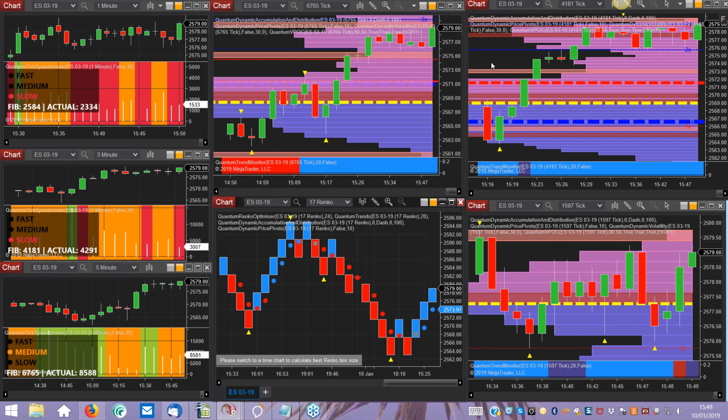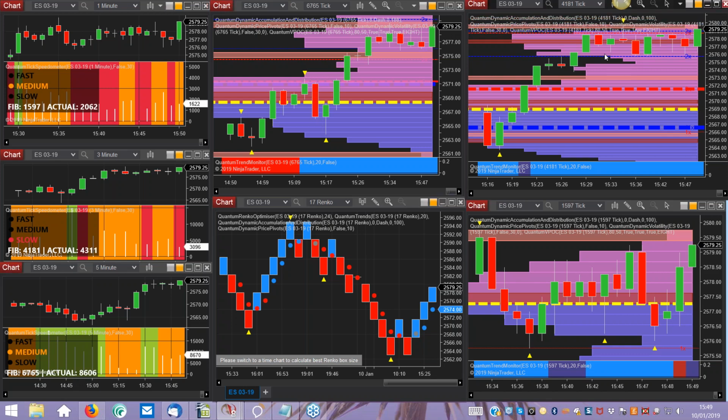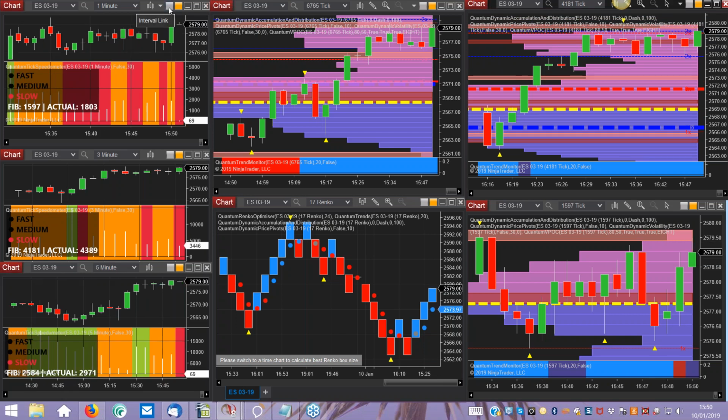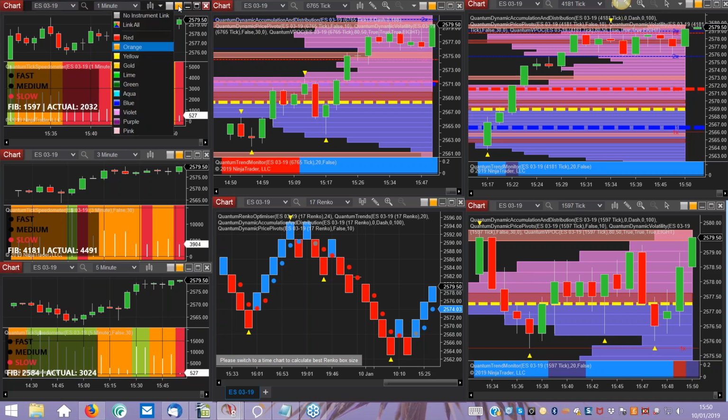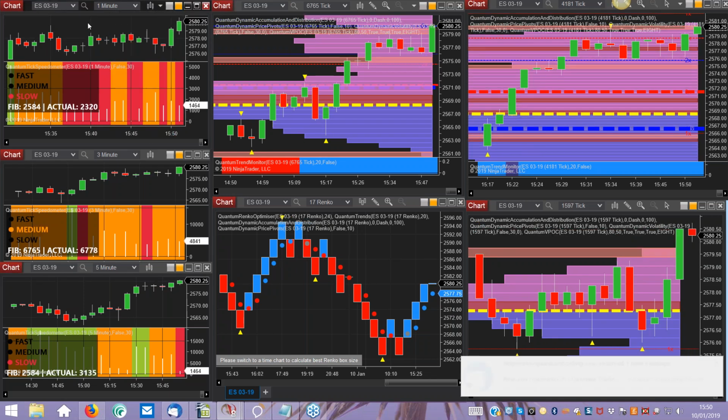Let's just see if we can break through this 79.80 area. To click that off there. And the nice thing with Ninja 8, which is slightly different to Ninja 7, on Ninja 8 you've got both an interval link and you've also got an instrument link. So you can link things in different combinations. If you want to link instruments together and you want to link time frames together, you can do it. It's all very simple through these little buttons up here. And you've got a whole raft of them there. Just choose a different color